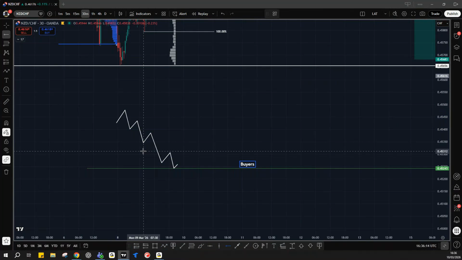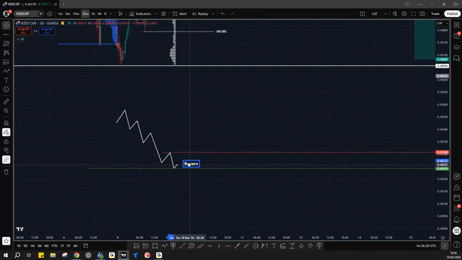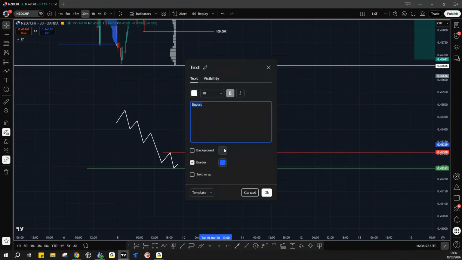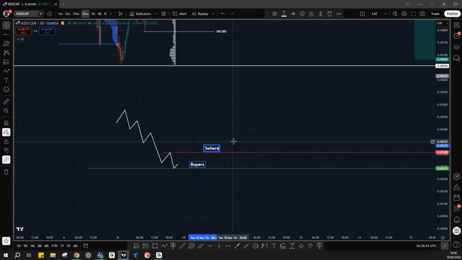So we're not just trying to rush in. We've got a level of, in this case, support where we think buyers might step in. And we can then look for, in this case, the confirmation on the entry could be the break of a resistance, because this is where we currently are seeing selling pressure stepping in. Now it's probably going to be a lower time frame. So we've got a 30-minute support level and maybe a 5-minute resistance.